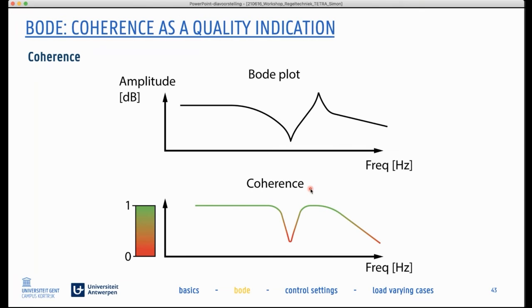What you will always see is that for high frequencies with low gains, your coherence is low. That is because the output signals are very limited, so they are not distinguishable from noise anymore. On the other hand, we also see the same effect with the anti-resonance. If you have a certain anti-resonance frequency, your coherence also becomes quite low, and that's also typical because at the anti-resonance point the gain is very low, so you get a very low output. All right,